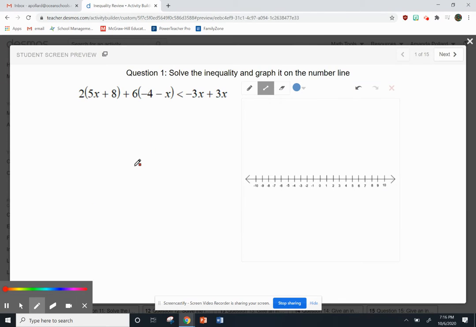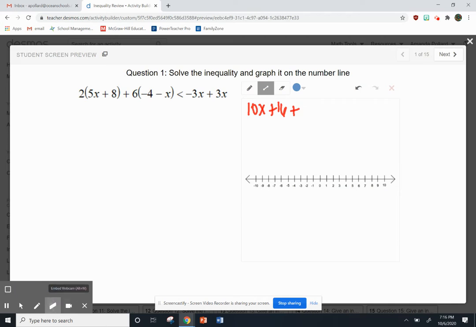Alrighty, so I'm going to go over the review that you guys did in class, and so you can see all your answers, see what you did right, what you did wrong, and figure out what you need help with before the quiz tomorrow. So I'm going to distribute, and I get 10x plus 16 plus,